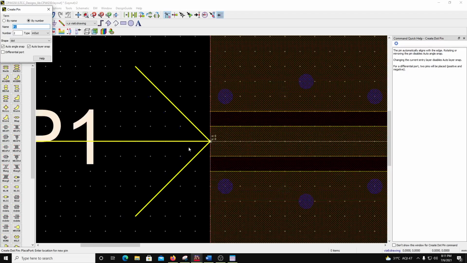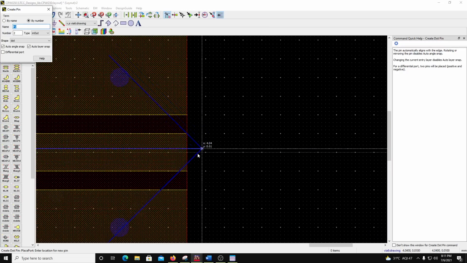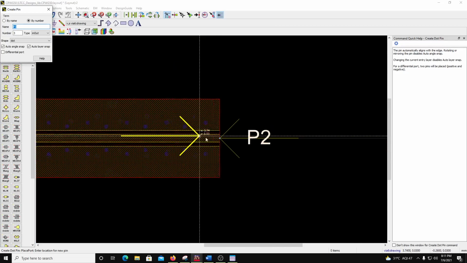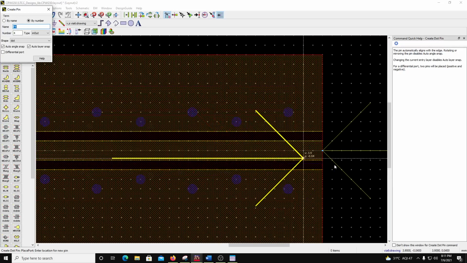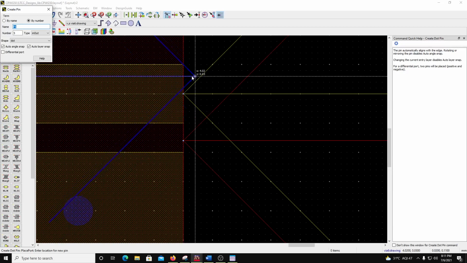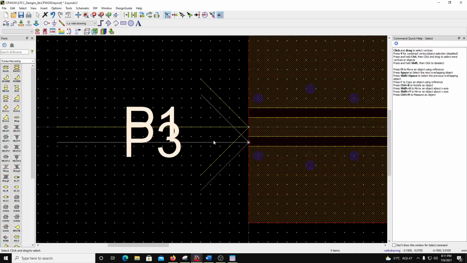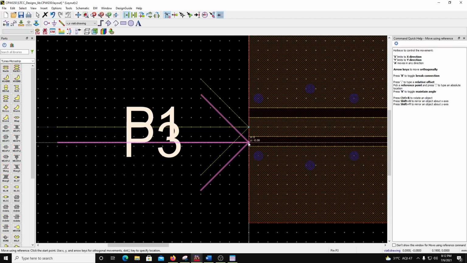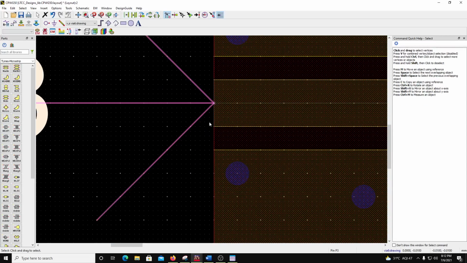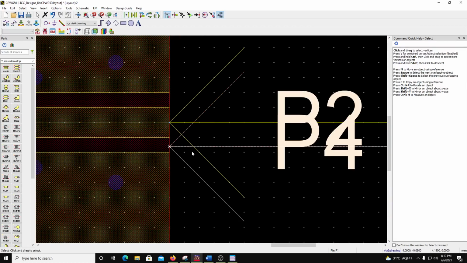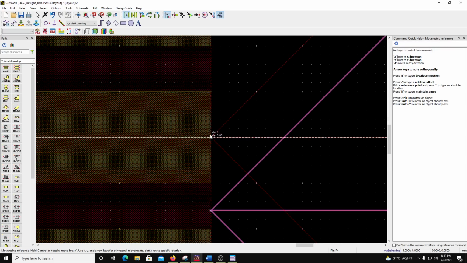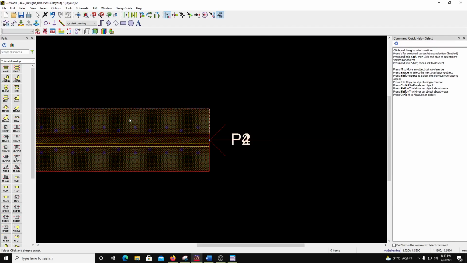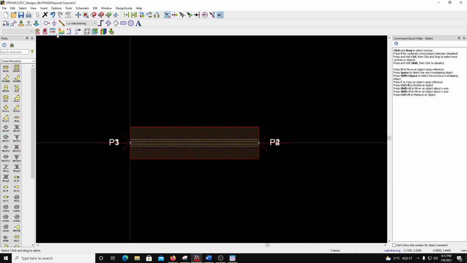So I will go to the center. This is pin 1, this is pin 2, this is pin 3, this is pin 4, and the pins have to be in the right metals. So the ground is actually on metal 6, right? So I'm just going to move this pin from here to here, and then I'm going to move this pin from here to there, right? So now we are done with the ports, so I can set up the EM simulation,